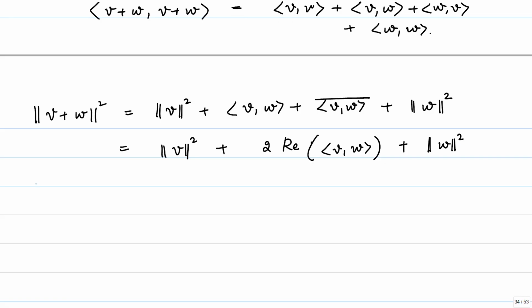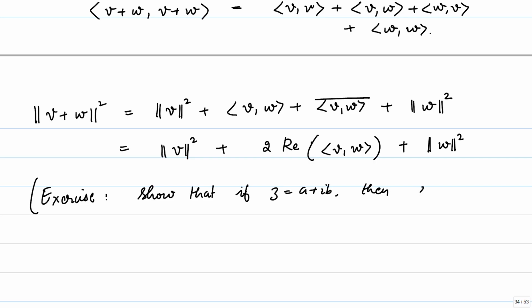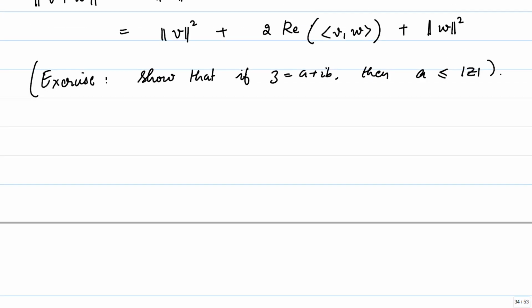An exercise for you is to show that if Z is equal to A plus iB, then A is less than or equal to mod Z. This is something you should be able to do, because what is mod Z? Mod Z is the square root of A square plus B square. Clearly it is greater than A. So sit down and think about it, and with this you will be able to say that